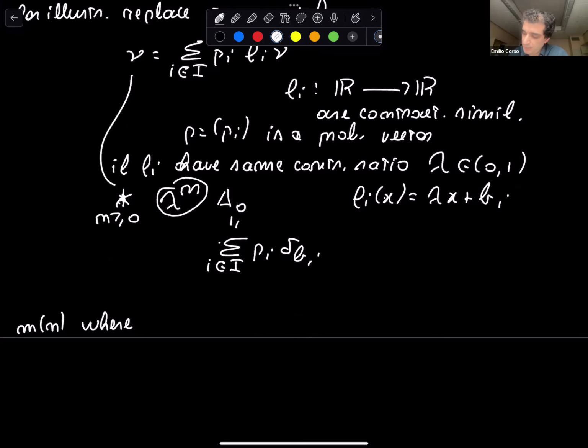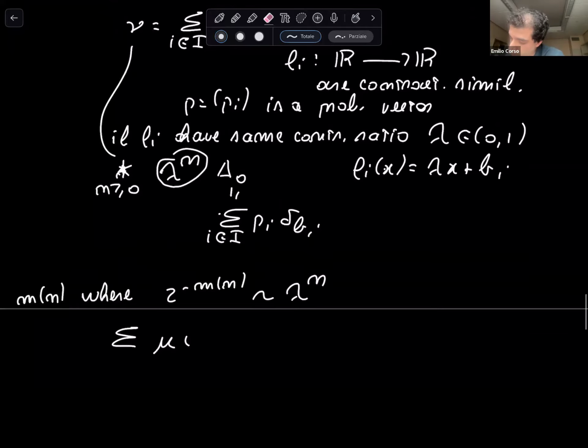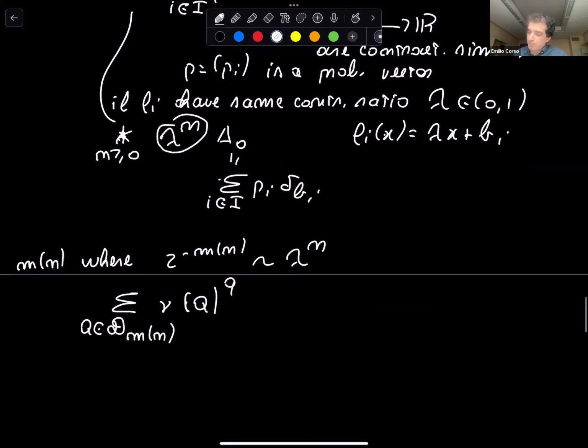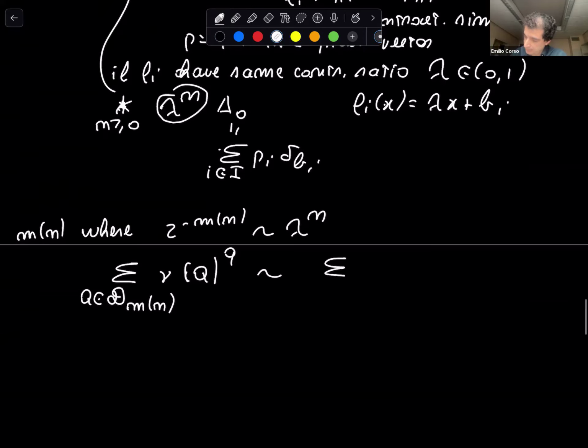But if you have m_n where 2 to the minus m_n is approximately of the same order as lambda to the n, as close as possible, then it's not surprising that if you look at these L^q moments for, I call it nu, sorry, at this dyadic scale, which matches roughly lambda to the n, then what is actually only relevant up to some uniform multiplicative constant is the discrete measure nu_n,